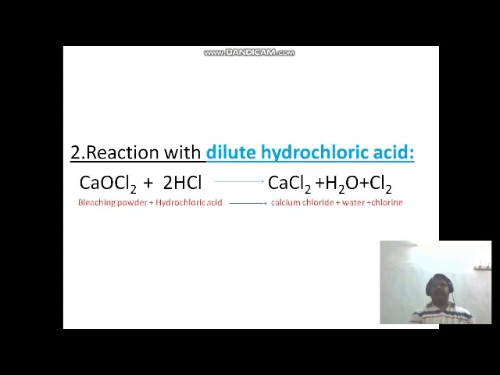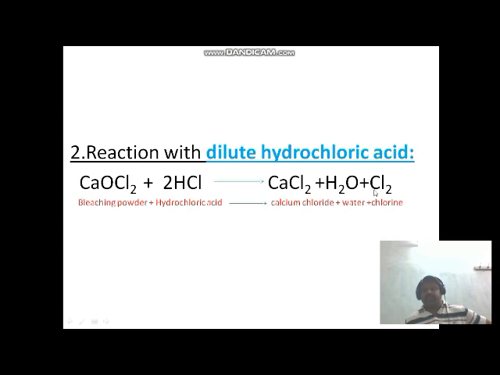Next, second chemical reaction: reaction with dilute hydrochloric acid. Here the Cl2 side contains basic nature, HCl contains acidic nature. So salt, water, and chlorine gas are formed here. Bleaching powder reacts with hydrochloric acid and gives calcium chloride,